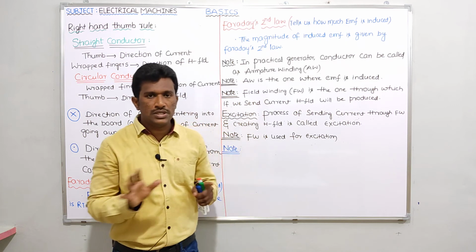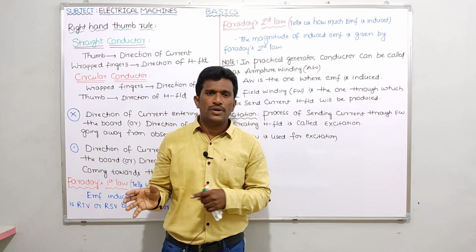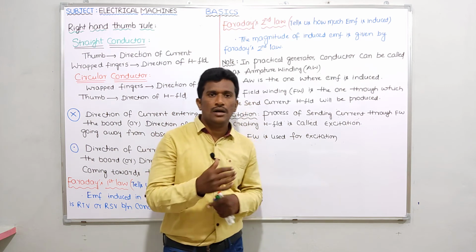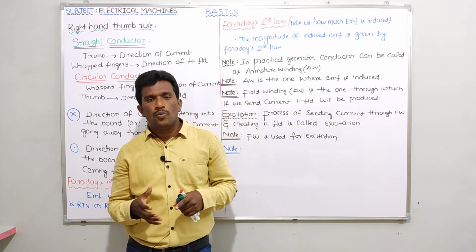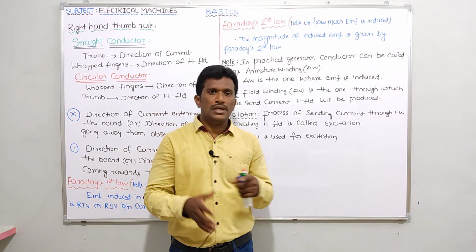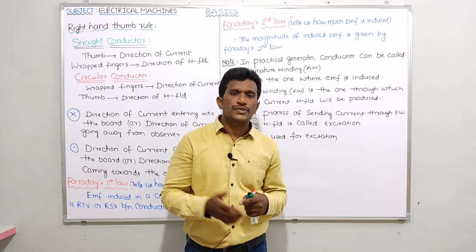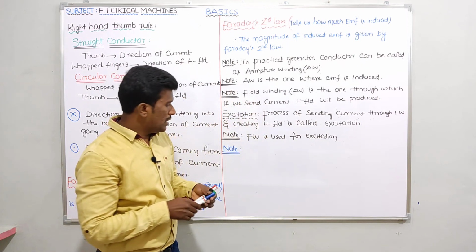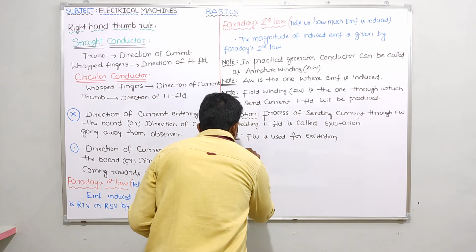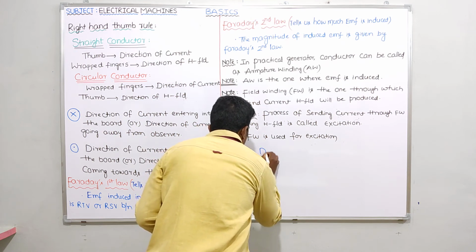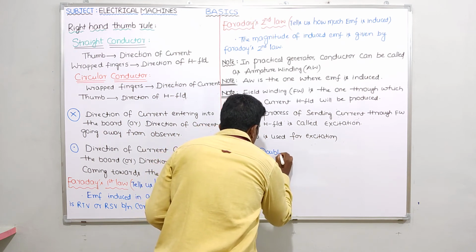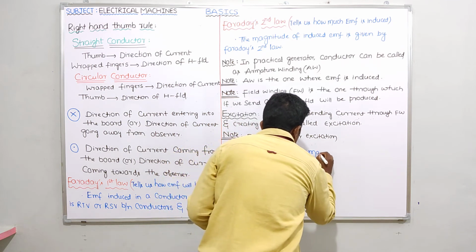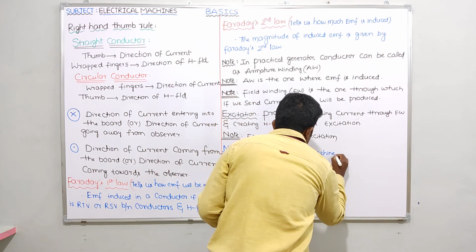Don't get confused with all those things, because there can be confusion with armature winding, field winding and so on. When we start the synchronous and DC machines, we will see field winding, armature winding, excitation, and why only DC excitation. All those things will be clearly explained when we start synchronous machine and DC machine. I am just giving brief information. So in double excited machines, please tell me what those double excited machines are.